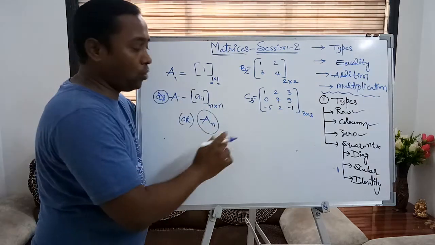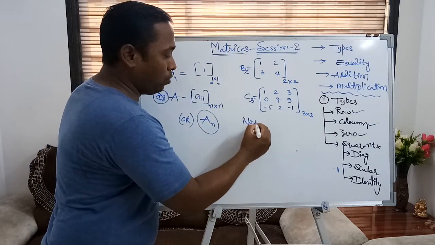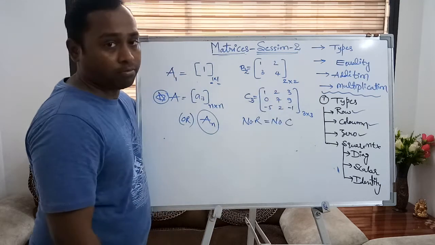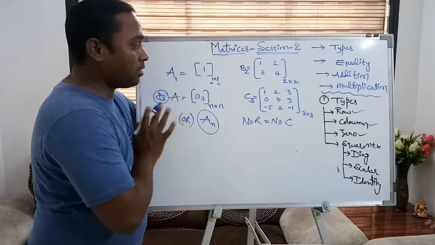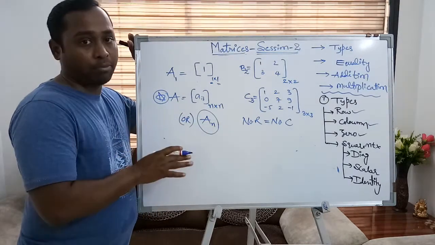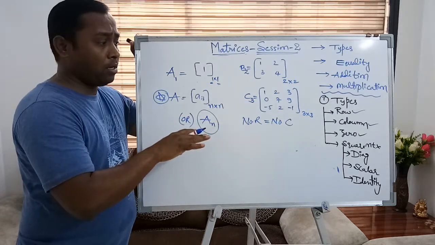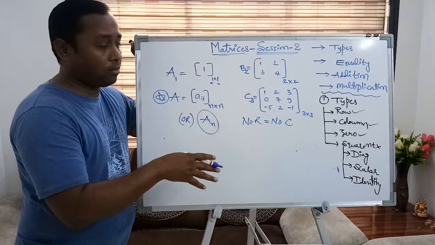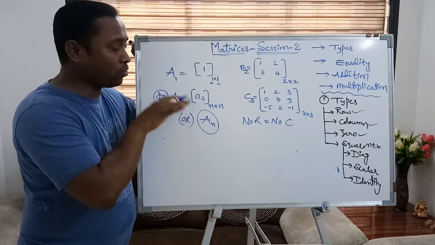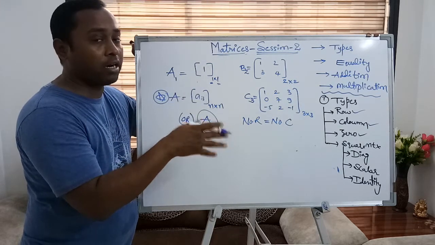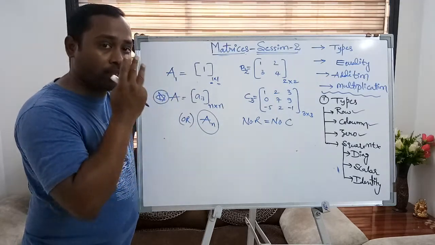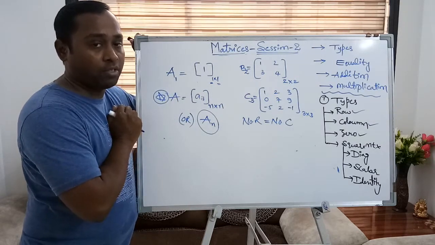Square means the number of rows must be equal to the number of columns, nothing else. The rest is very simple. Now when we speak about the square matrix, there are some further categorized matrices framed based on the square matrix. It means a square matrix can be further divided into various matrices. Among those we are taking only 3 types of square matrix.